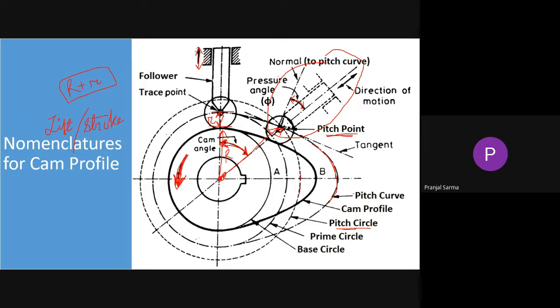This lift, or the stroke length as we sometimes call it, is the maximum travel of the follower from the lowest position to the topmost position. Whenever it is at the lowest position, there will be the lowest level of that particular profile. So let's consider this one. Now, whenever the cam moves and assumes this position,